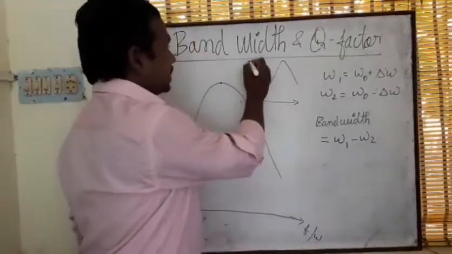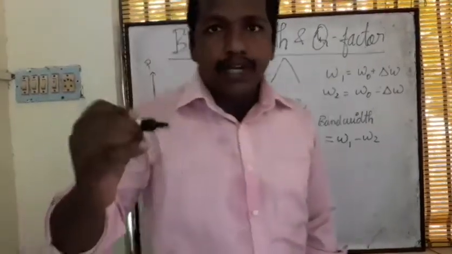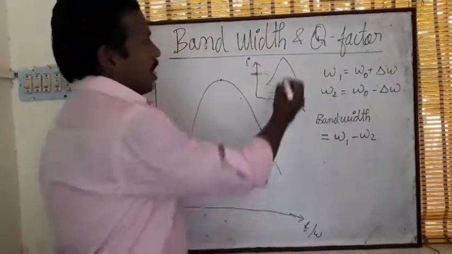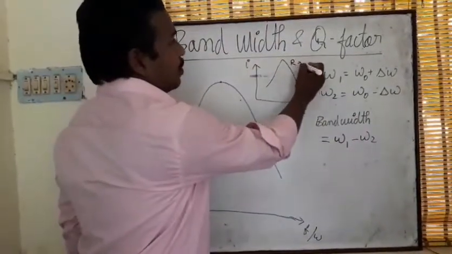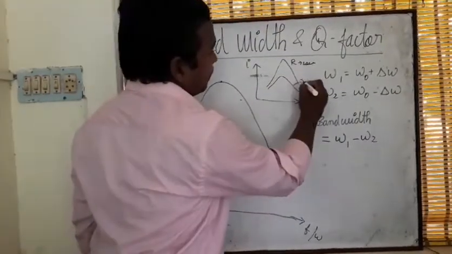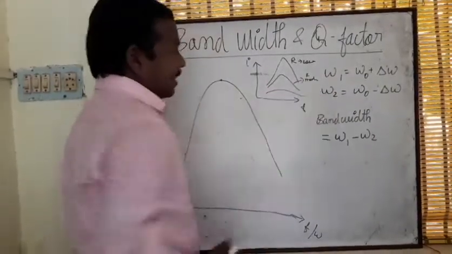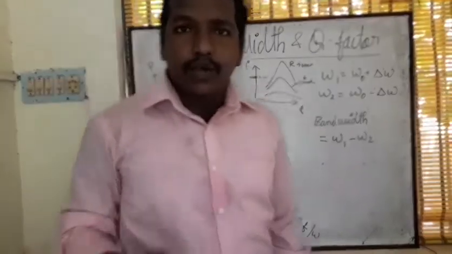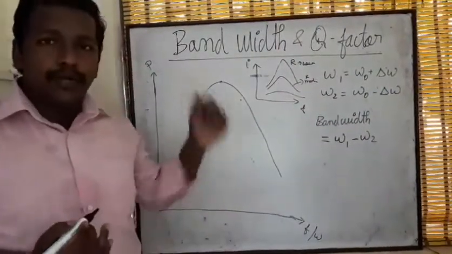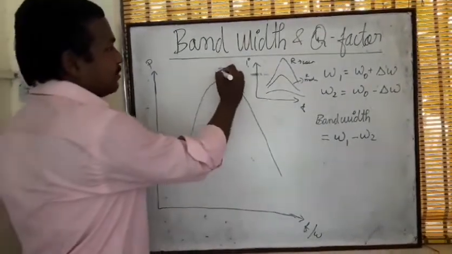It's a current versus frequency graph. So when the applied frequency is equal to the natural frequency, that is the resonance condition. Okay, so here the resistance will be low, here the resistance is medium, and here the resistance will be high. So the low resistance is going to give us a higher peak value. When the lower resistance is there, the power is going to be the maximum value. Okay, in this graph, this is the power maximum.